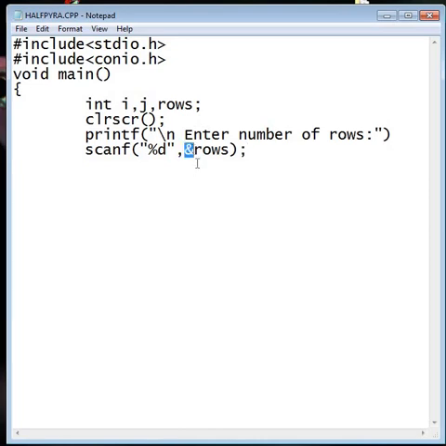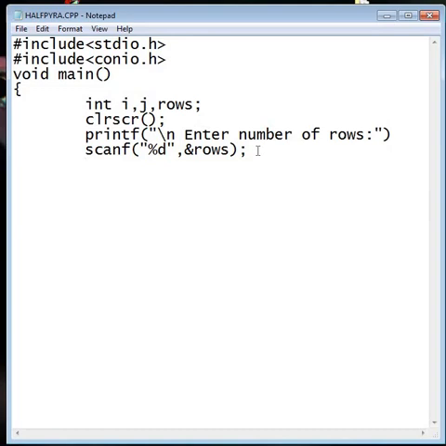The ampersand sign gives the address of rows, and the scanf function will scan the value inputted by the user, and that value will be stored in the variable rows. So now the rows variable contains the value of how many rows will be in the structure.